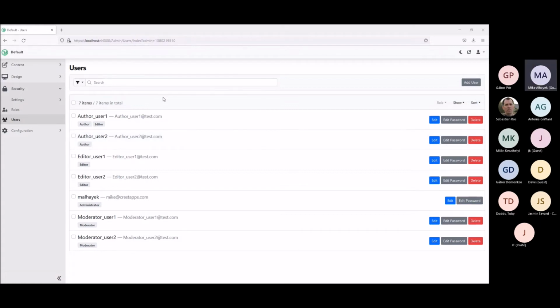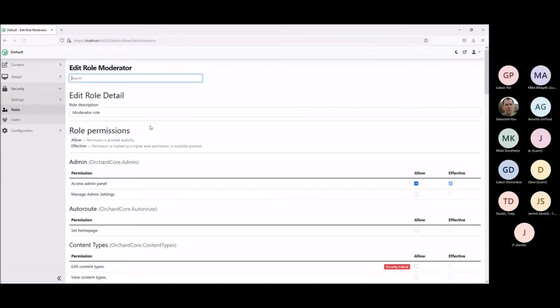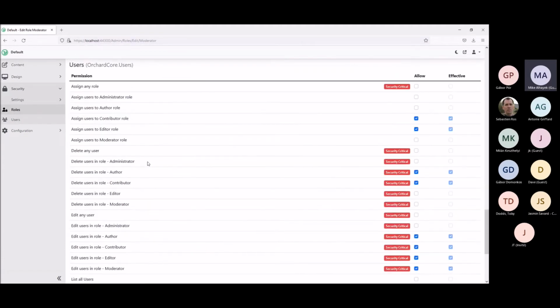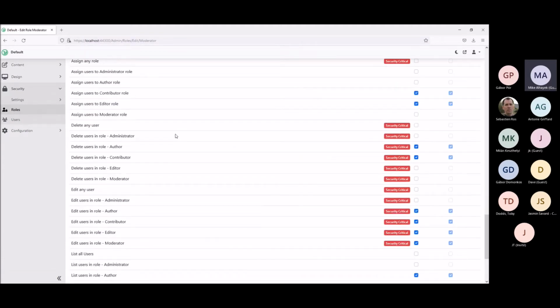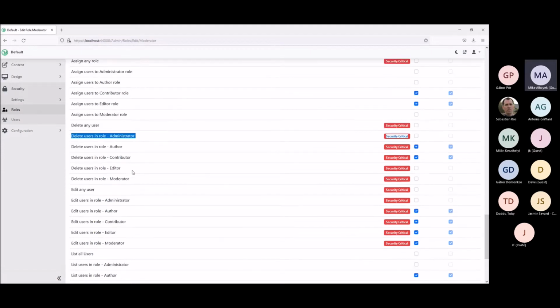So what I did here is I first added more permissions around the users. If we go down here in the users, you'll see a lot more permissions. For example, assign any role, assign a user's administrator role. You have delete any user or delete users in a specific role.